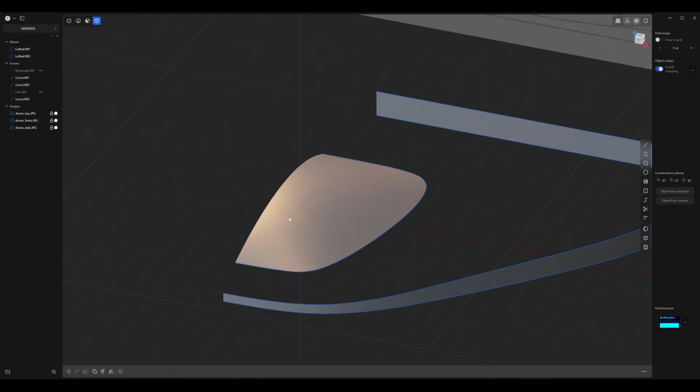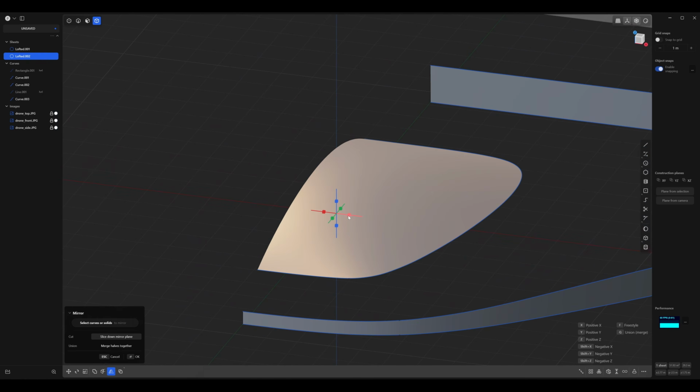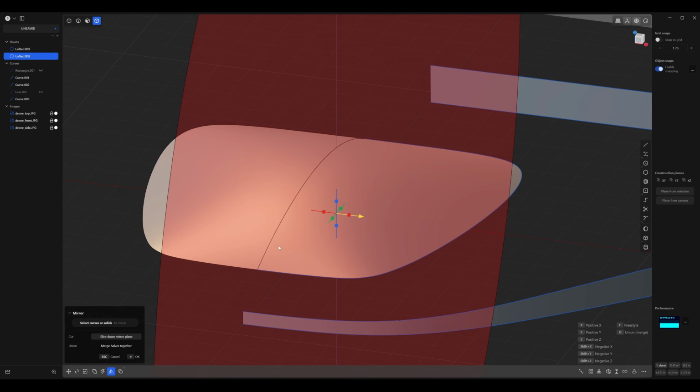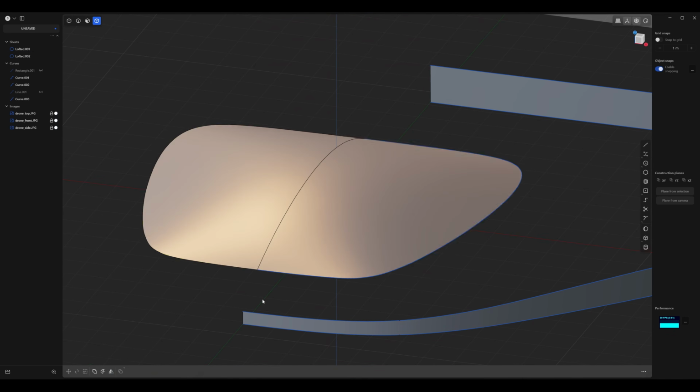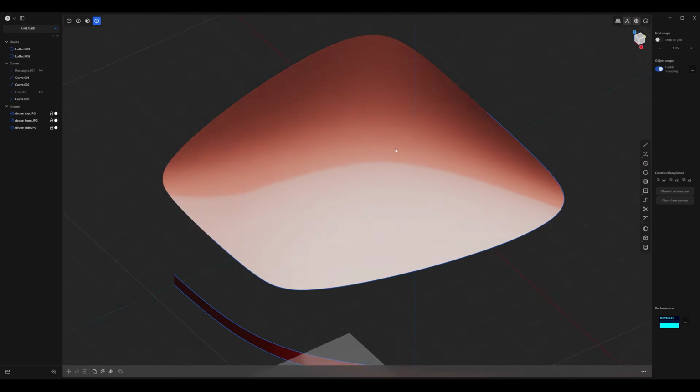And if you want to see what this looks like once it's mirrored over, go ahead and select the canopy, press Alt X to mirror it, and click on this red handle over here. Click on Merge Halves Together, and OK. I'm going to go ahead and hide the edges. So right click on this toggle render circle, click on Show Edges, and then let's select this red material. So you'll see it's nice and smooth.